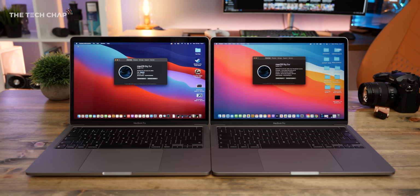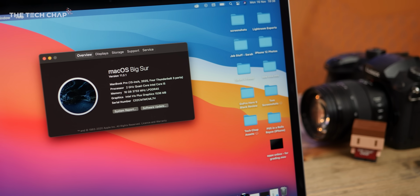Now, to tell you the truth, both my wife and I use MacBook Pro 13s as our everyday laptops. I use the M1 powered version, she has the Intel version, and I tell you what, every single day she complains about how the battery's almost dead, why when she has a billion Chrome tabs open it starts to get hot and the fans whir up. Who'd have thought? But it's a totally different story with the M1 version, which is up to twice as fast,